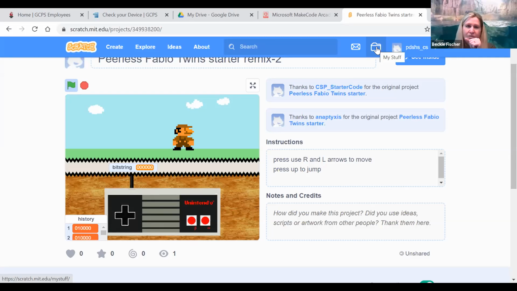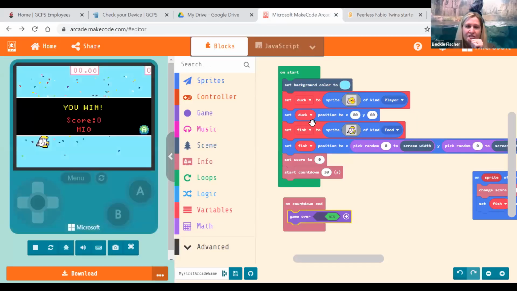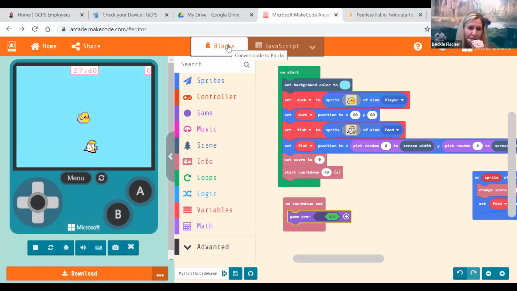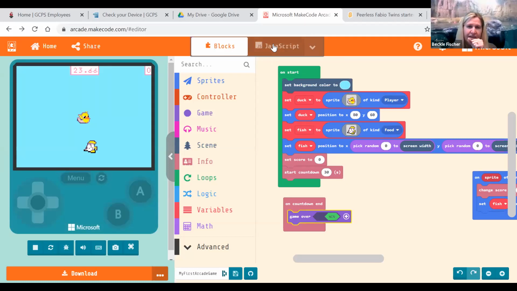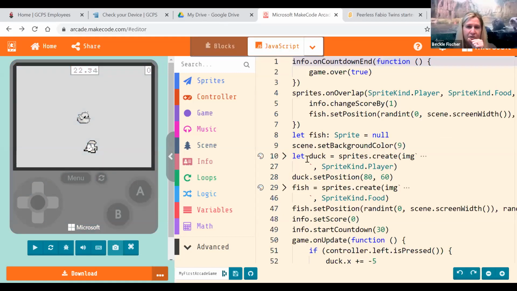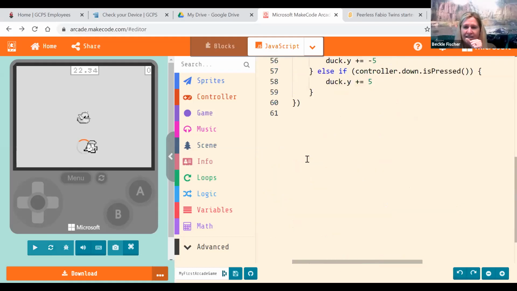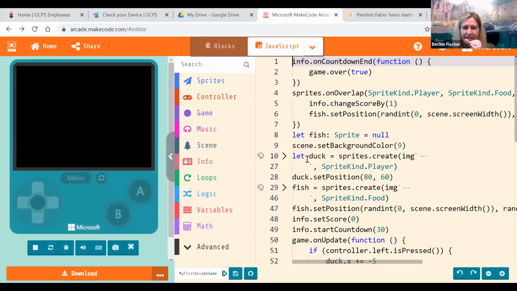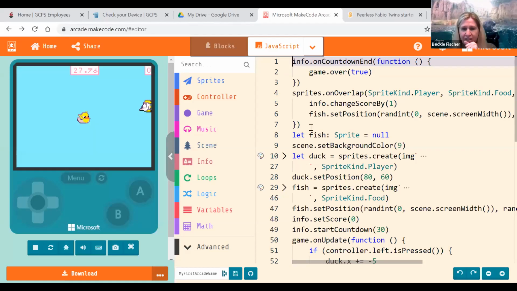But what I loved about MakeCode was that when you actually create your code with blocks, you can click on JavaScript, and then you can see the actual text code behind everything that you did. And what's really cool is that the actual sprites that you created, if you were to look at the code for the sprites that you created, like this duck right here, if I click on this little icon, it's actually,